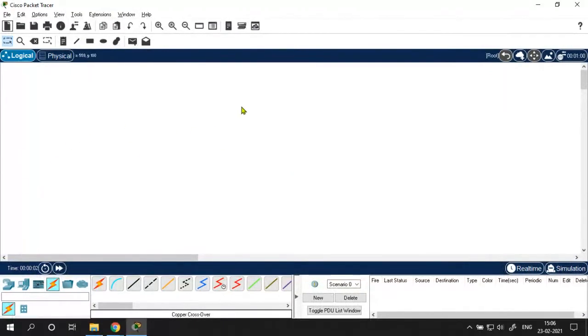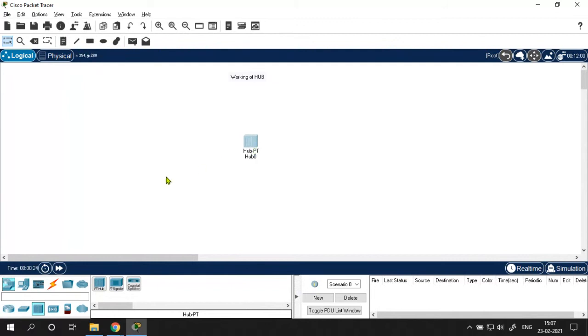So now I want to demonstrate the working of a hub. How does it work? For that, you have to go to network devices. Then from the hubs, you can select any hub. Okay, this one.